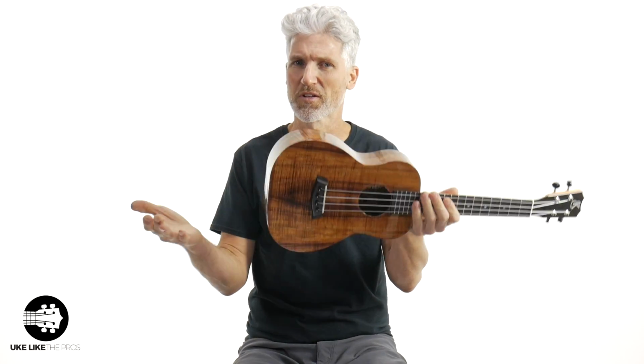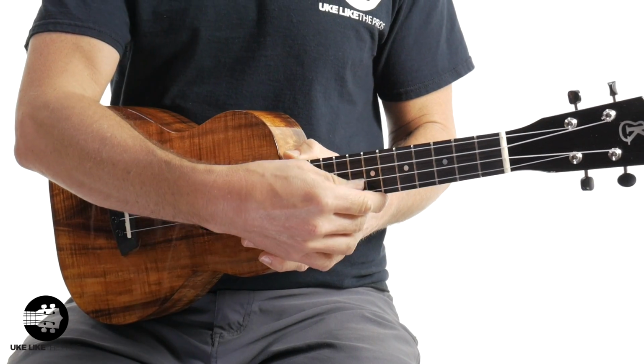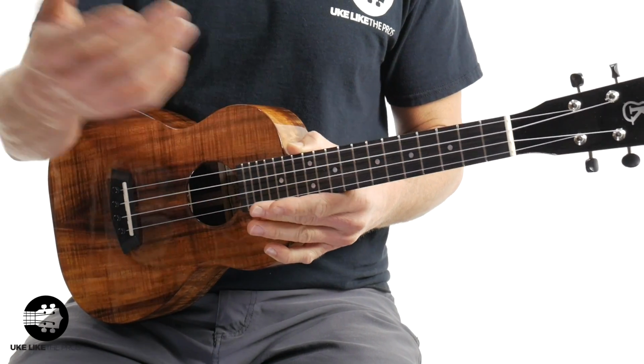All right, so yes, they sound different. The Koaloha sounds different than the ukulele. Every instrument is going to sound different because what? The wood is organic. But this one has a high G on it. So this fourth string, 1, 2, 3, 4, it has a high G to it. That's very traditional for the ukulele, especially